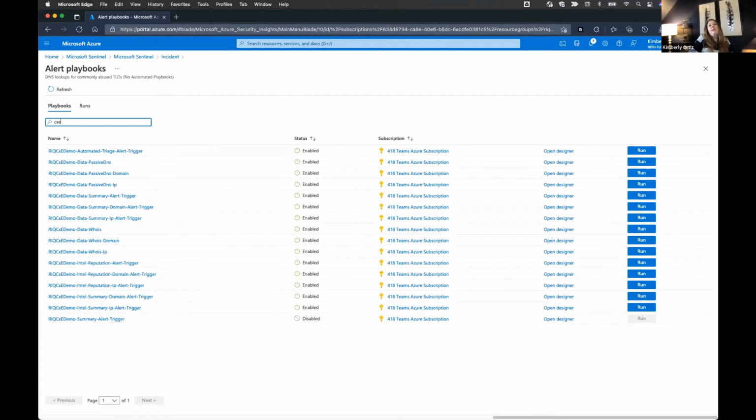Something else you might be wondering, because I showed you at the beginning how the solution set includes 27 different playbooks, but you'll notice that there are not 27 listed here. And that's because this set of playbooks is designed to only run against alerts. We have another set of playbooks that essentially do the same thing, but they'll run against incidents. And since I'm just looking at an alert right now, I just selected that single alert from my alerts tab. I'm only seeing the playbooks that are relevant to that.